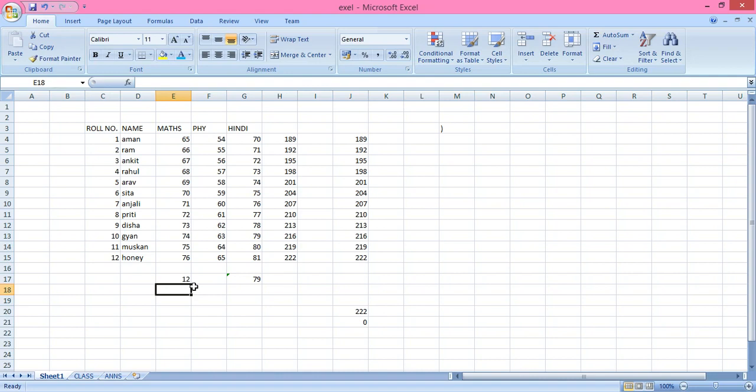So there is a method to use a formula, to rename and delete a worksheet, to insert a new worksheet, to insert a new workbook, to close a workbook, and to open an existing workbook. Now what you have to do is practice at home all the functions which I have discussed. Do practice again and again. Then after this you can use MS Excel for various types of mathematical calculation.